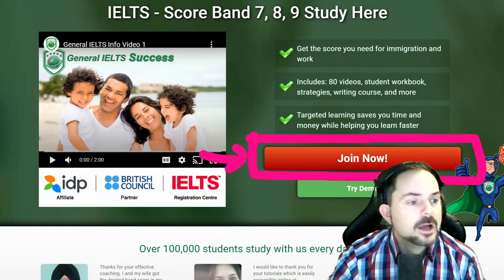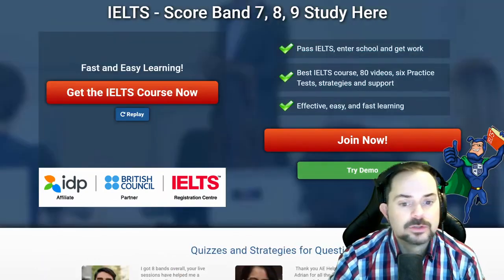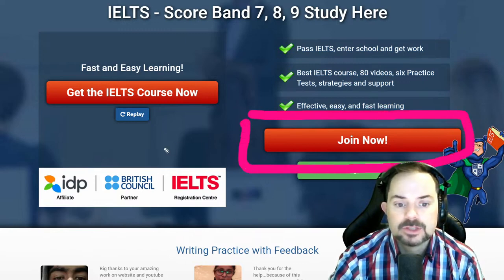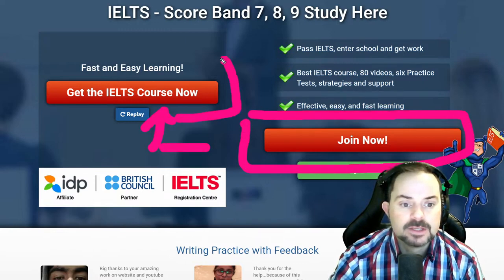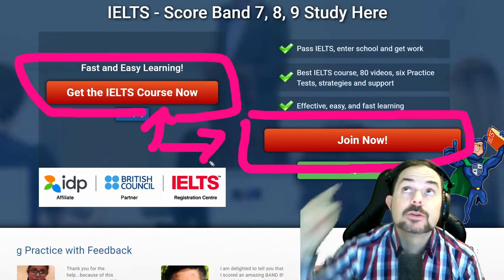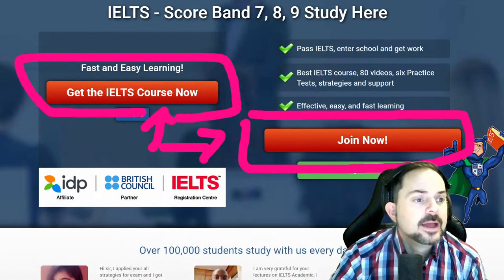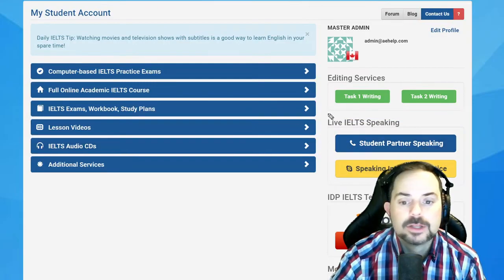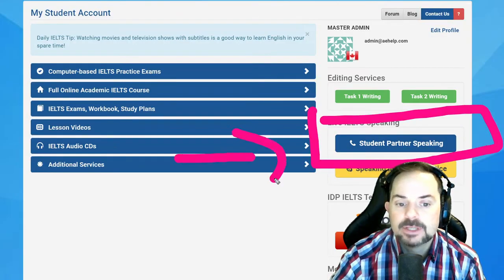And in this case, we're going to aehelp.com. So login students, or for new students, you can join with either one of these red buttons here that I'm circling. And then you're in your My Student account and you click on Student Partner Speaking, and please volunteer,